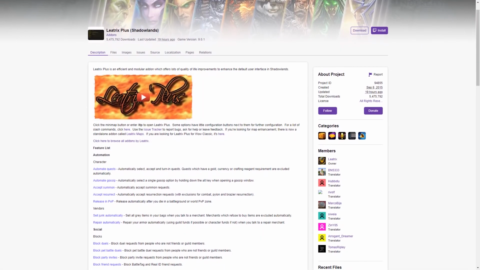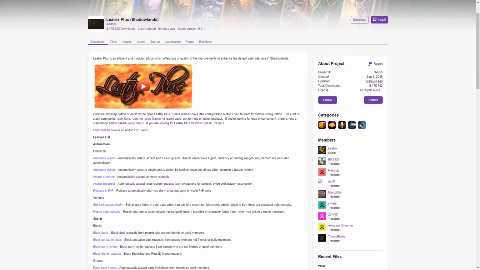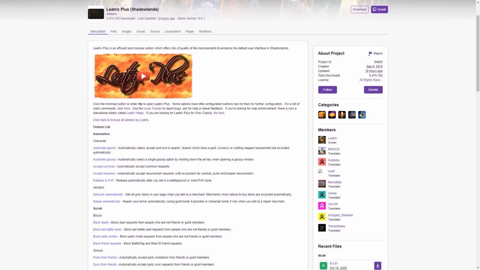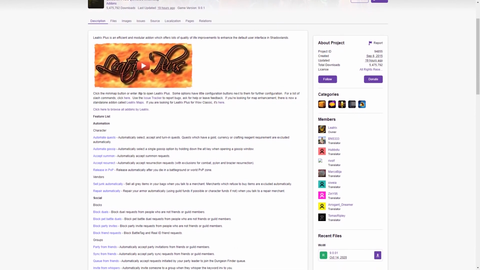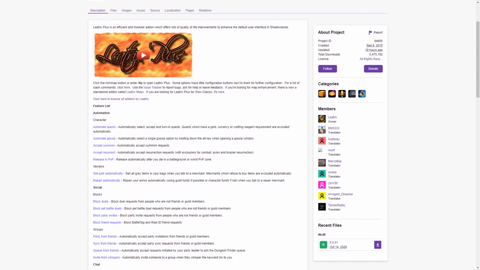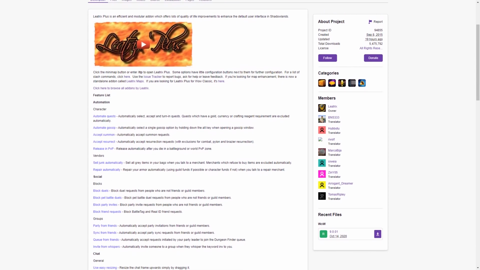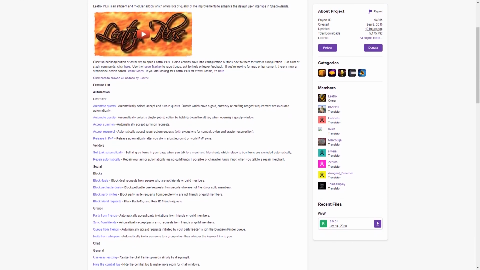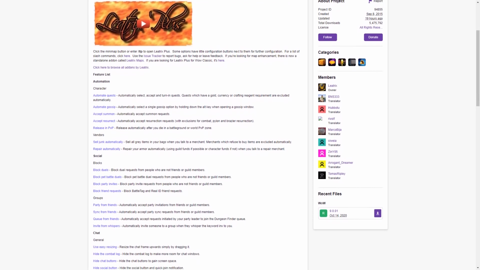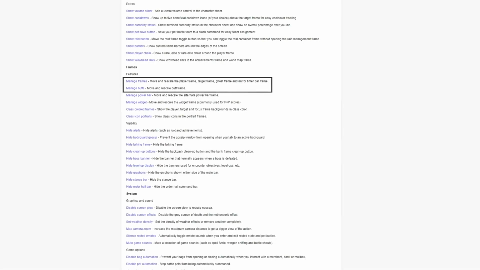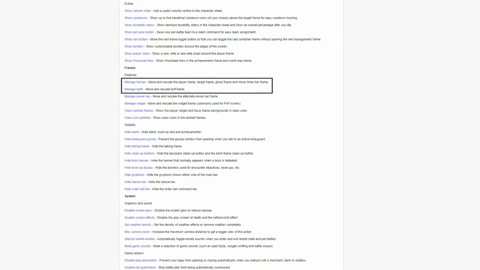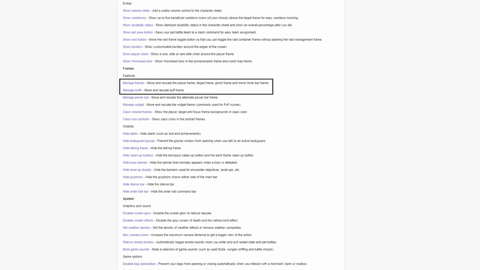After deciding on your UI scale, we're actually going to have you download the add-on Leatrix Plus. Now, we did say our follow-up guide is going to be all about getting you set up with the best and most important add-ons for PvP. However, you'll want to grab Leatrix Plus early on for a handful of quality of life changes that prevent the need to use scripts, including having this add-on manage the position of most of your frames across all characters, meaning you'll only have to